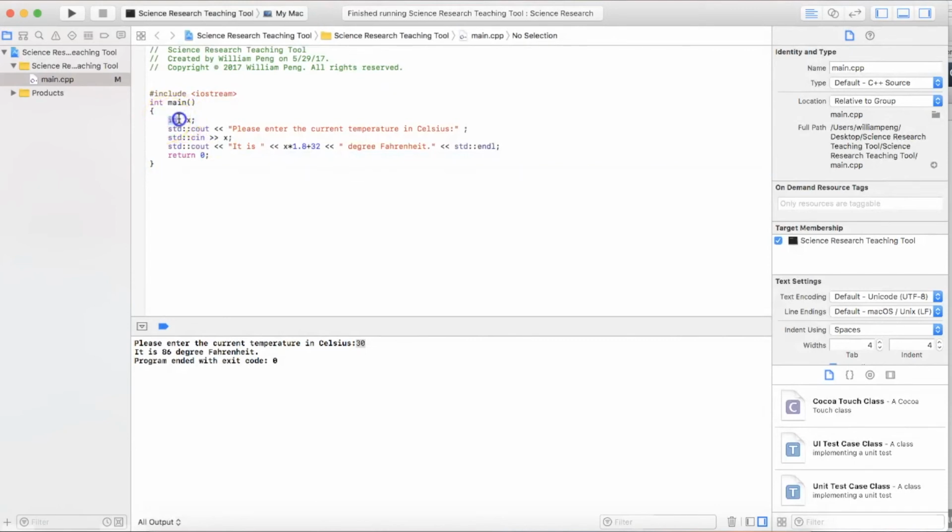So we first define the integer x, because x is going to be the variable that we use for the temperature. And then we make the program output the sentence, please enter the current temperature in Celsius, so that the person on the output screen knows what to do. And then we have the cin identifier and the input operator into the variable x, so whatever the person types here will go into the value x, and then we make it output